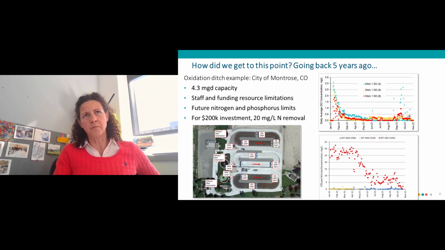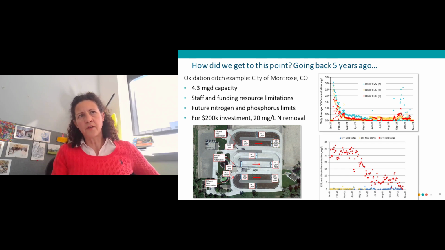Here is just an example from the City of Montrose, a smaller facility we worked with here in Colorado, which is facing nutrient requirements for nitrogen removal and for phosphorus removal. At the time, they had difficulties even nitrifying. For this oxidation ditch facility, with very low investment, about $200,000,